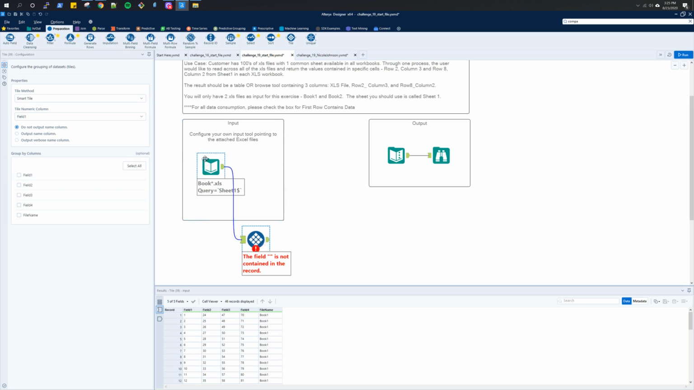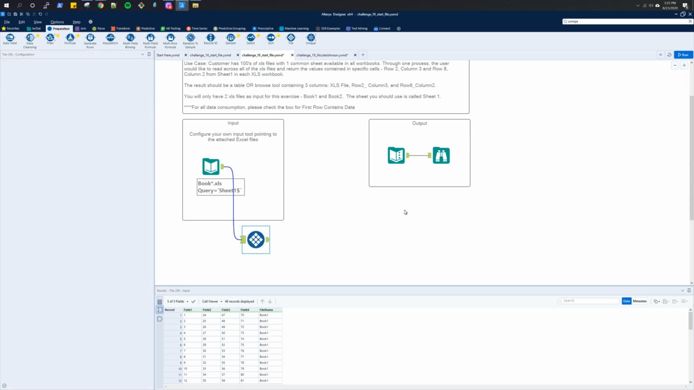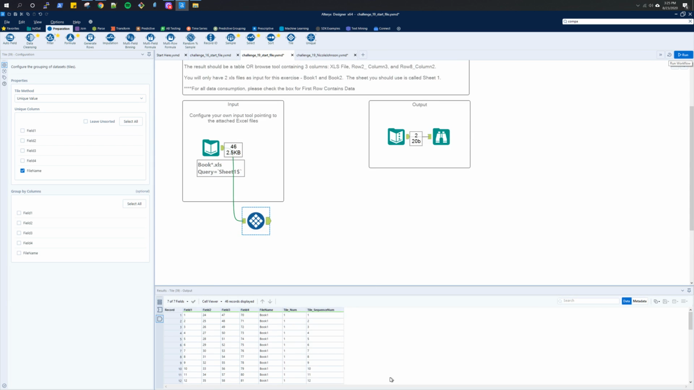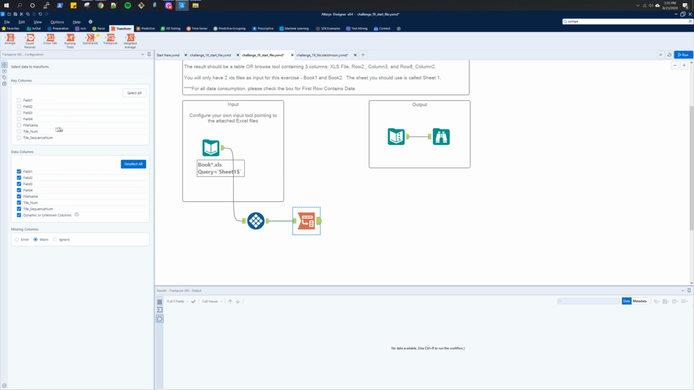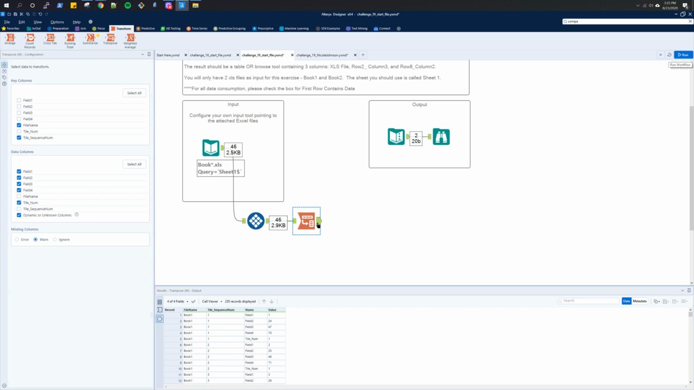I bring the tile, create a unique using the name, which then generated that. And I wanted to do a transpose, right? So I want to lock down using the file name and the sequence number. I want to transpose the rest. So if you look over here at book one, the sequence number, and now I have all of the fields plus,